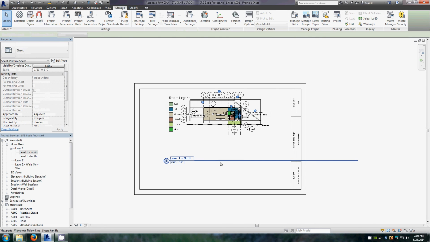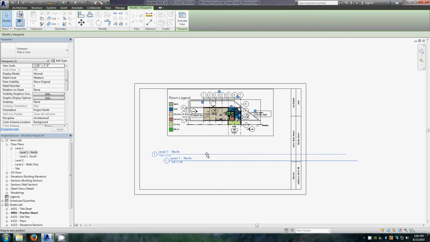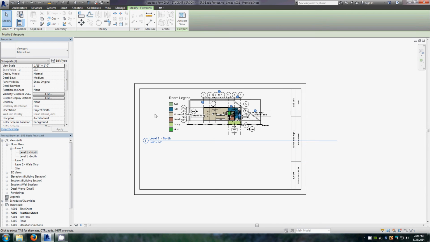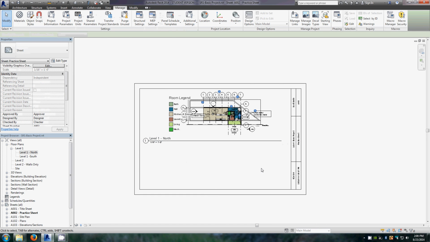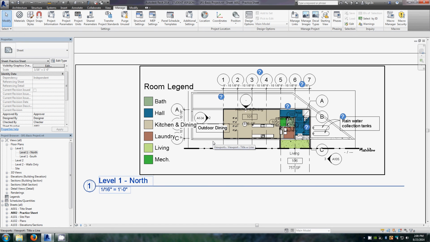And we can also grab just this line and move it up, our little label. Line's a little big here, so we need to grab the whole thing again, and notice that we get some grips on this line that we can now select and drag over. And so that's looking a little better. We still have